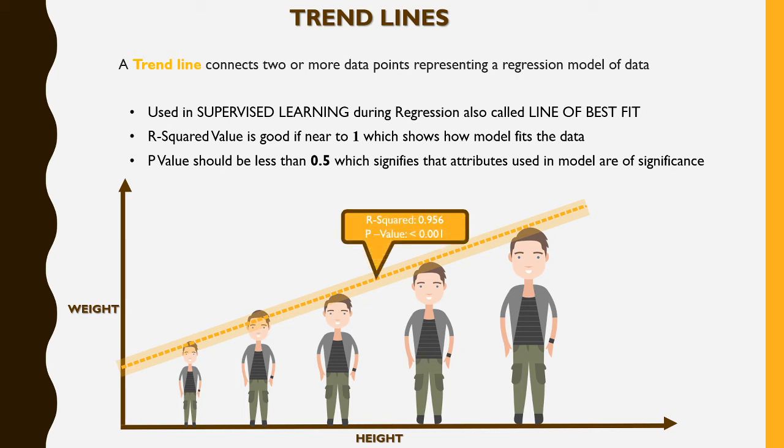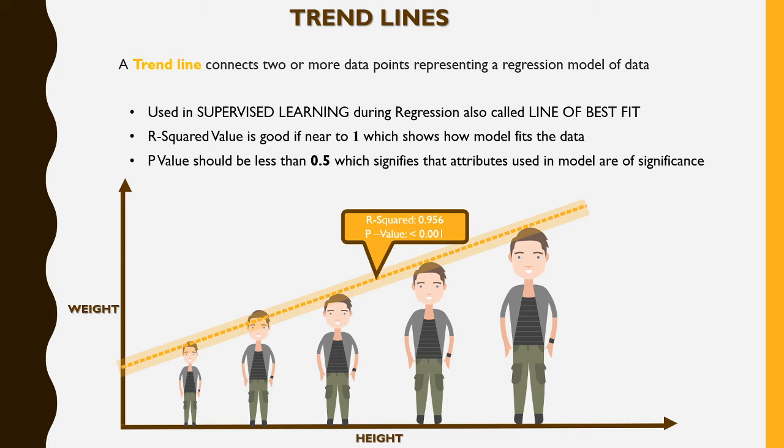Now this model has shown me that the R squared value for my model is 0.95. It means I am getting 95% accuracy of my model for this data, and the p value tells me that the attributes I am using for creating this model, through which I got this line, are also of high significance. Now with the help of this model, if we get the height of any person, we can predict the weight too. If a person has this height, we match it on this line, and according to this line it tells me what the weight of this person will be, and hence we can predict the weight.